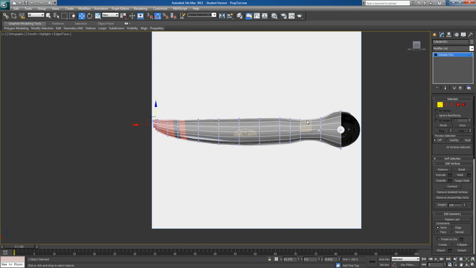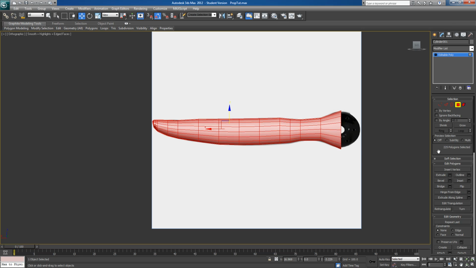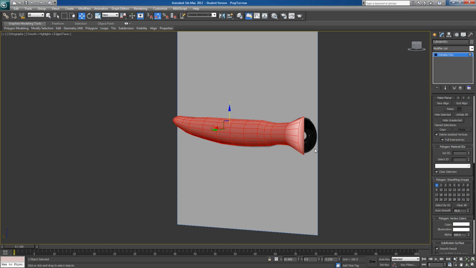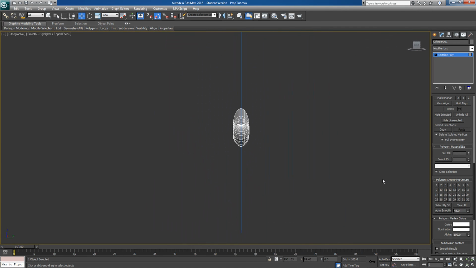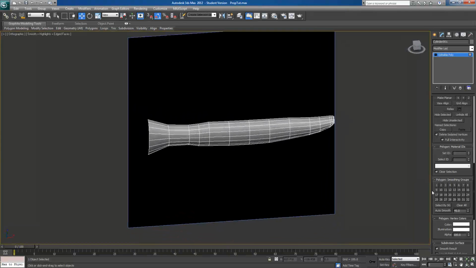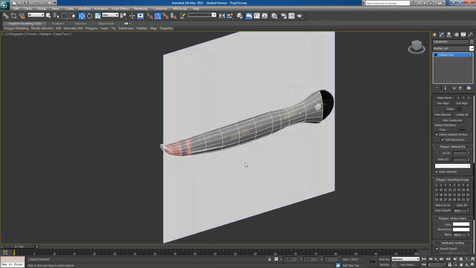Alright, so now what I want to do is automatically set the smoothing groups here. It comes with some default smoothing groups. Those are going to be wrong, so I usually clear those. When you see all the numbers, you know you're cleared. And I'll put everything into one. Then I'm going to select this guy here, and we don't need him, so I'm going to delete. Now we've got everything into a single smoothing group. And you can see this way we still have a cylinder. So a nice easy way to deal with that